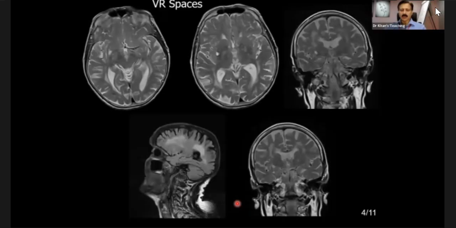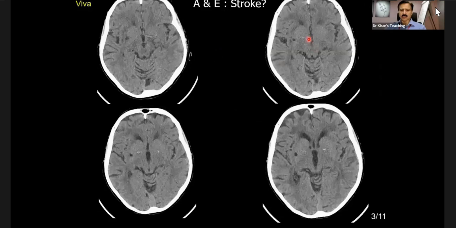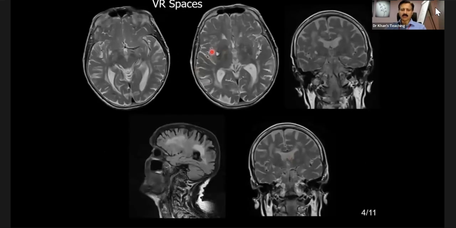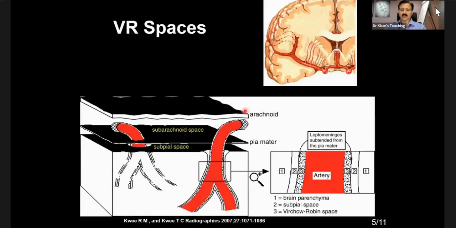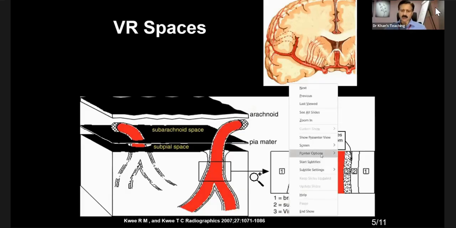So Virchow-Robin spaces, or what we call perivascular spaces, are seen again in this case here. So this was the CT scan. This was not a lacunar infarct. This is a Virchow-Robin space. And the learning point is what are these spaces, and what is the significance, particularly vis-a-vis our exam. And so